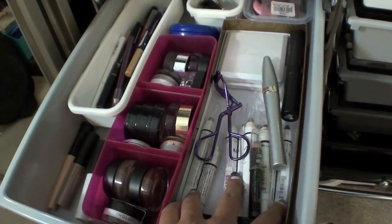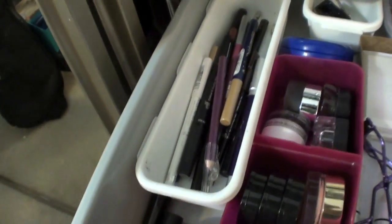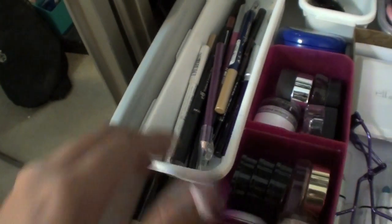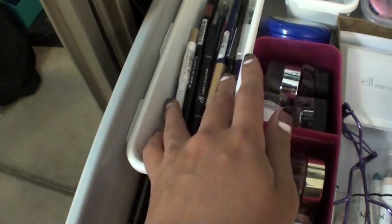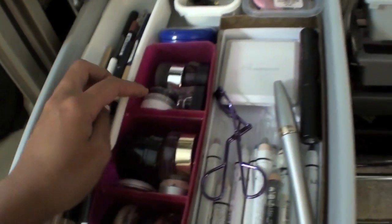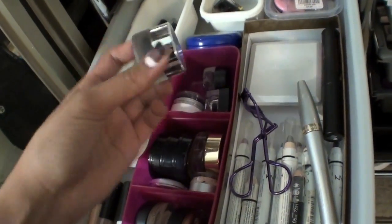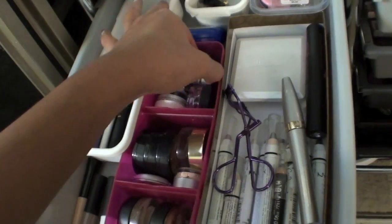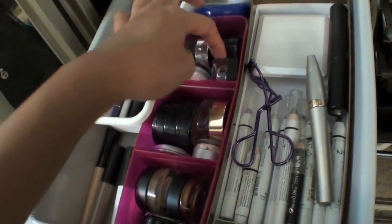So these are all jumbo NYX pencils. These are all e.l.f. primers, and then these are all eyeliners. I thought I had a lot more, but I think I got rid of a lot of them. I have some Urban Decay and just some random ones. I have a lot of gel eyeliner because I was trying to find my favorite. I have the Sonia Kashuk one. I have a MAC Fluidline in Blitz and Glitz, an e.l.f. one,